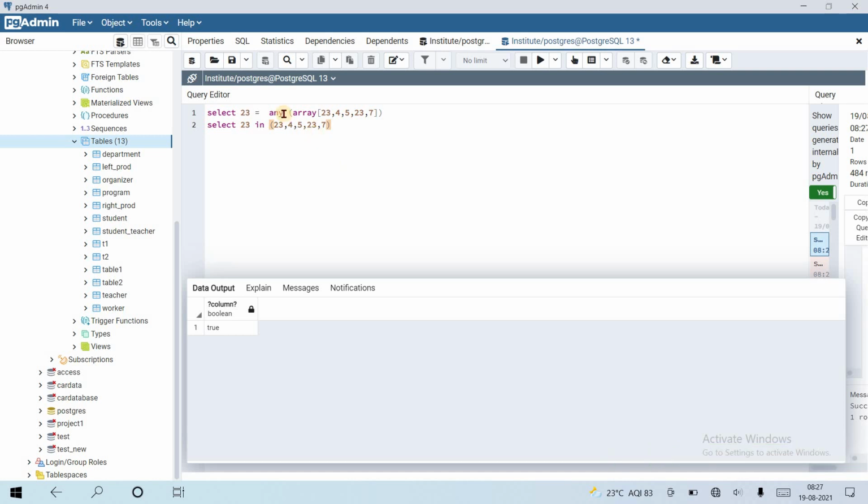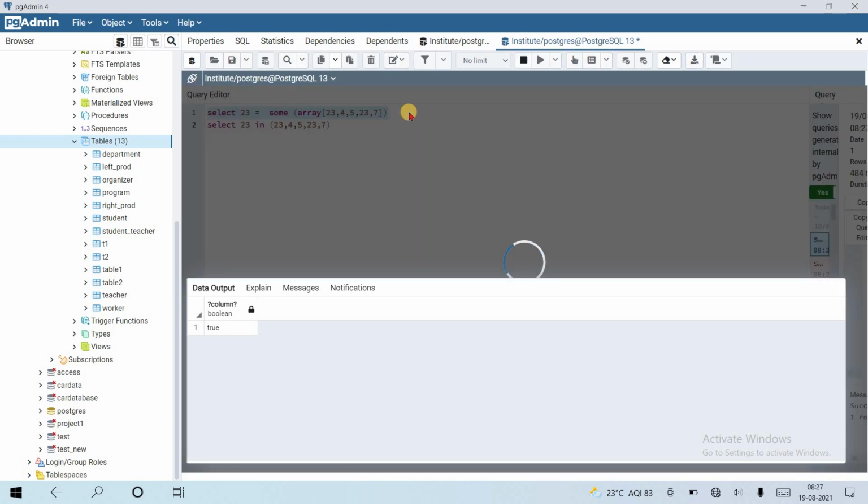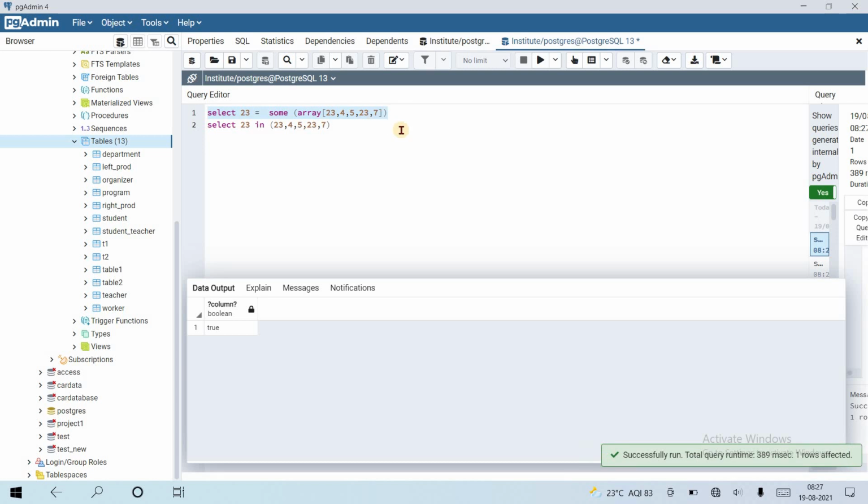Replace any with some, then also it will return a true. So these are the same. What if I use a null value inside this? Is there any problem?